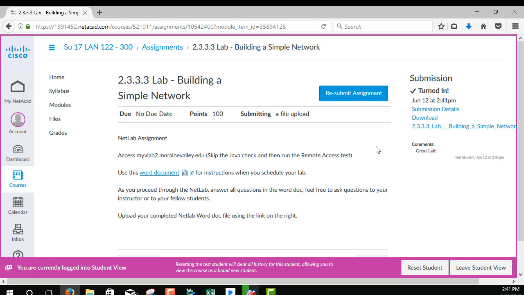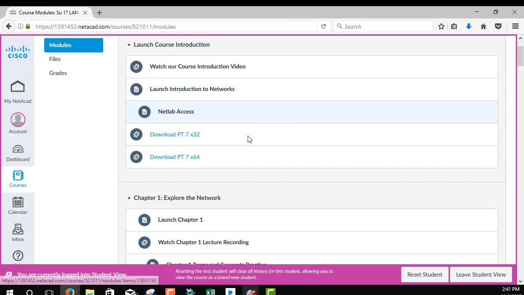Sometimes I'll give you an 80 or 90%, and I'll actually give you a comment on your file. Feel free to correct and resubmit. I really like people being able to improve on their IT skills and not just saying, well, I'm sorry, you weren't good enough. So you'll see a lot of comments coming back on your labs as I read through them and give you feedback inside of the lab itself, and then you can resubmit with the resubmit button, and I can grade it again. So going back to the modules page, you'll find multiple labs utilizing this system with real